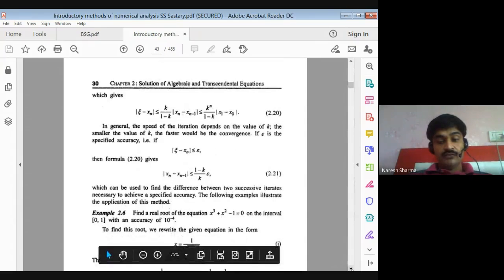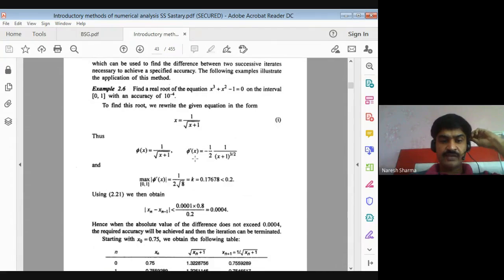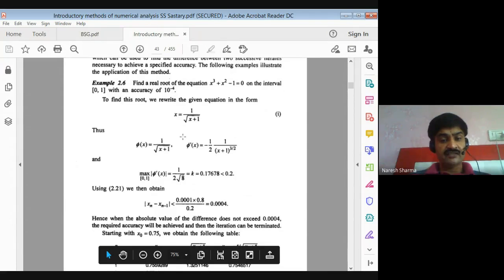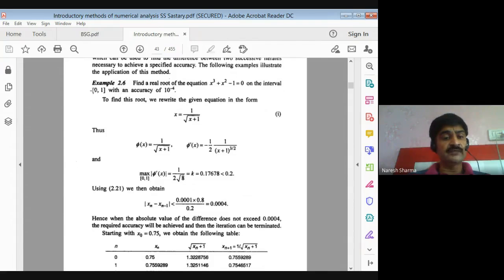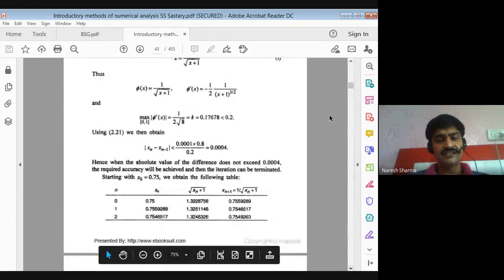So when you do this, after doing the derivative, you identify that this derivative magnitude is less than 1 for all the values 0 to 1, right? So you may skip this for the time being. So now you can choose any point. If the magnitude of this first derivative is less than 1 for all the values between 0 to 1, then you can choose any point between 0 to 1 as your first approximation of the root. That is your choice. Maybe choose 0.5, maybe 0.1, maybe anything else you can choose, right?